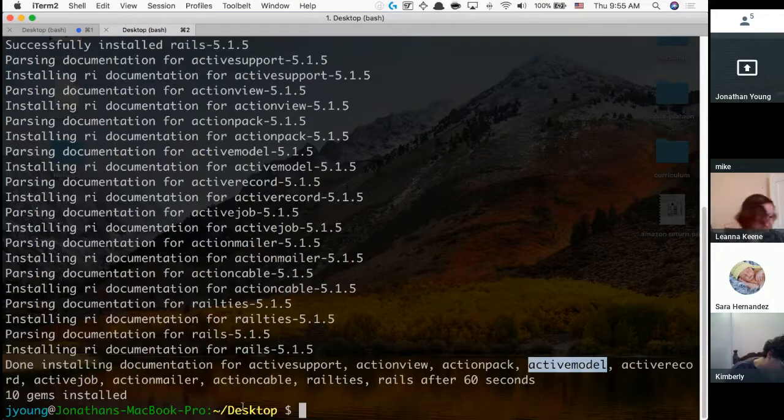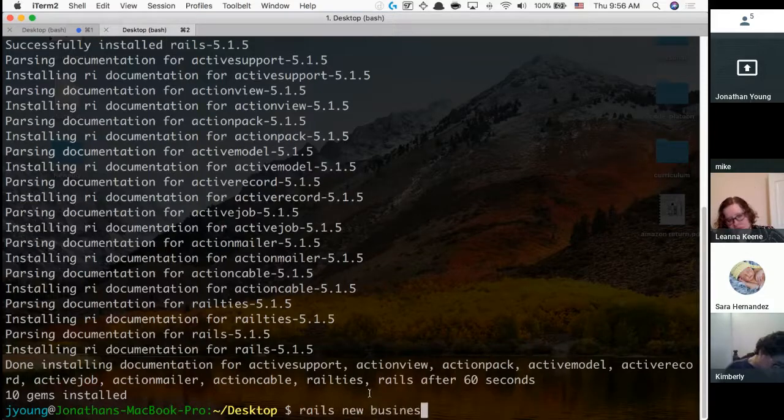Well, it's kind of like saying all those different branches make up the U.S. military at large. All of these different libraries make up Rails at large. Rails does not exist without all of this, and the U.S. military in its entirety does not exist without one of those branches. So we've gem installed Rails. I'm going to just load up a new project. Rails new. We're going to call it businesses.